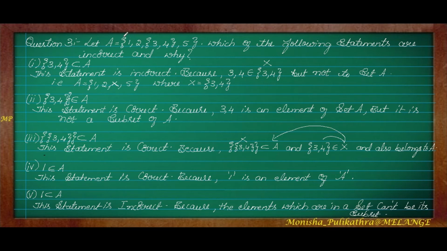If we have to consider one element as a subset, then it should be written separately, like set B is equal to {1}. If this is the case, then B is a subset of set A. But here one element is inside the set A, where we can't consider it a subset. It is just an element of set A and not a subset. Okay. So a few more questions are there. We will continue it.